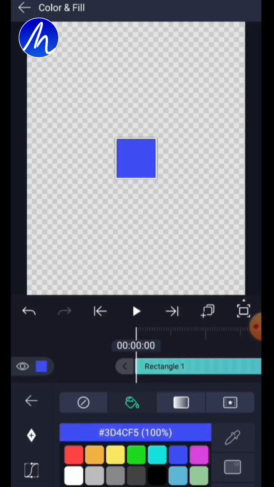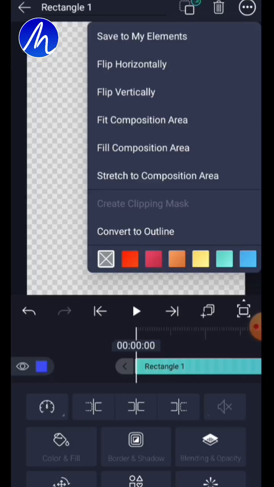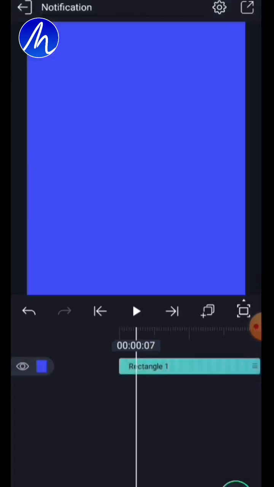After you create a project, you will add your shape. You give it a color, then you scale the shape up, you scale it to composition, clicking the three dots at the upper right. Alright, now scale to composition. At this point now we want to